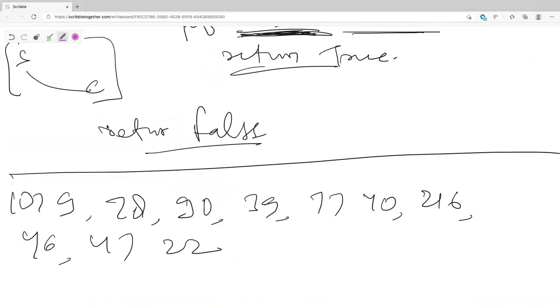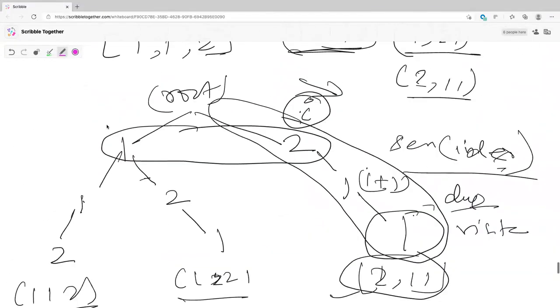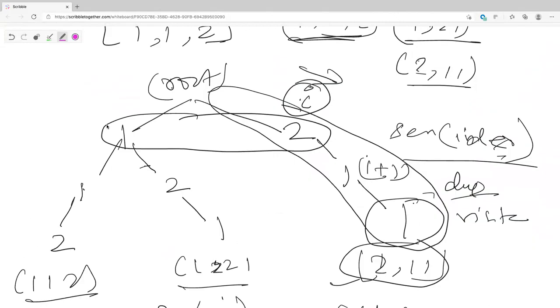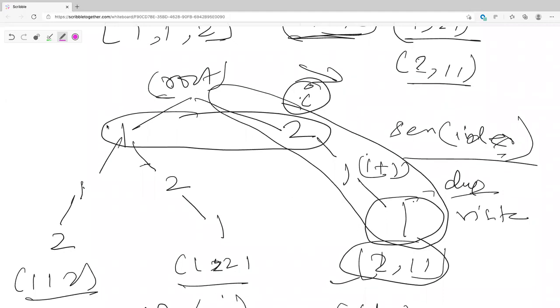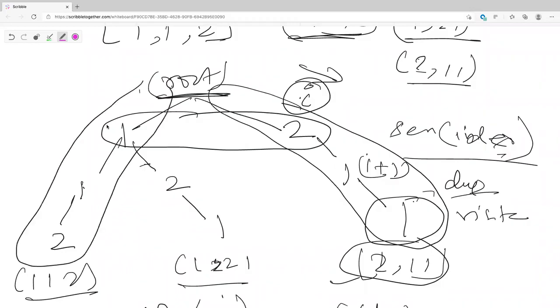Okay, one more thing, guys. Once you've drawn the tree, now what is DP? What is dynamic programming? Let's say you start from the root, which is your first DFS call. Before that DFS call, nothing is called.